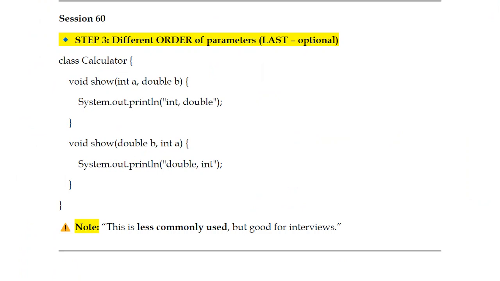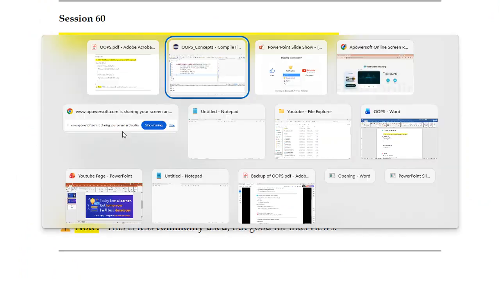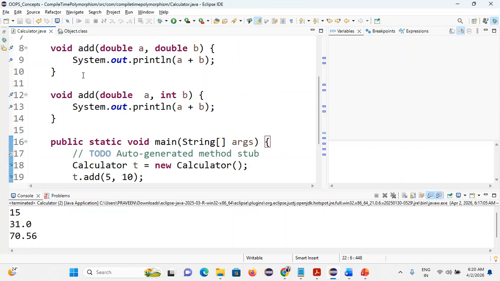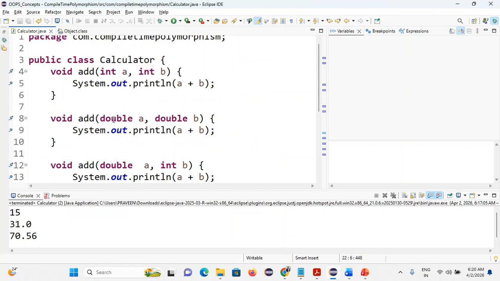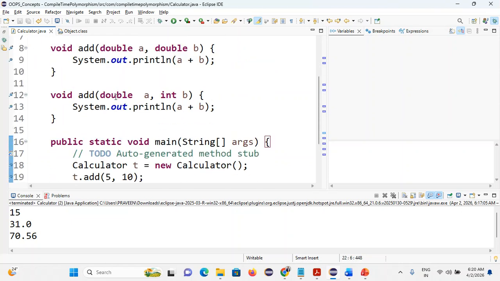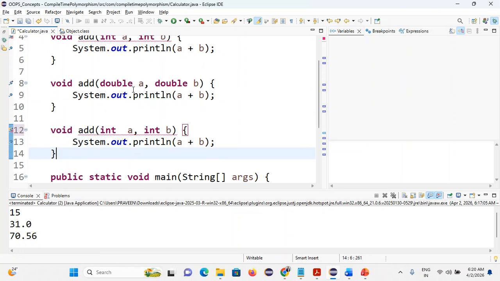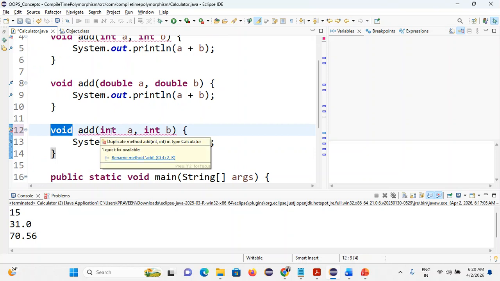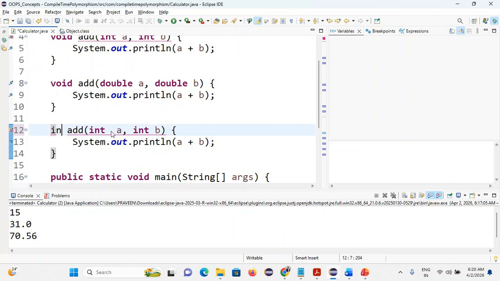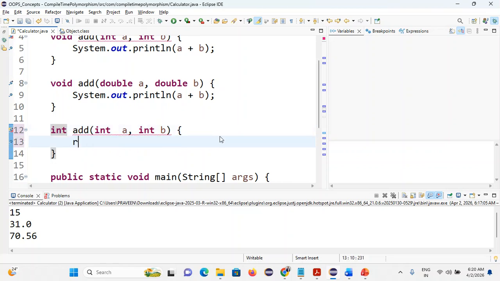They may ask, okay, by changing the order also possible or not. But it is not possible by return type alone. See here, even if I'm using here int a comma int b, here also I'm using int a comma int b. See here, it is not supported. Even though it looks like this, I'm changing the return type alone. Example here, I'm using the return type as now int and then return of,